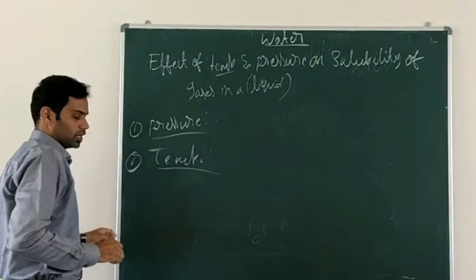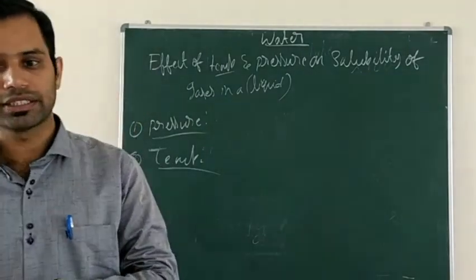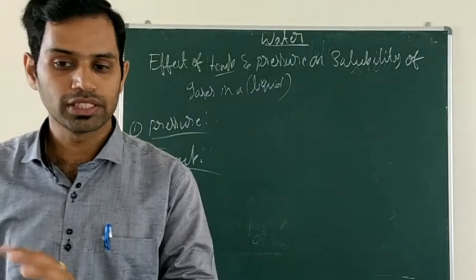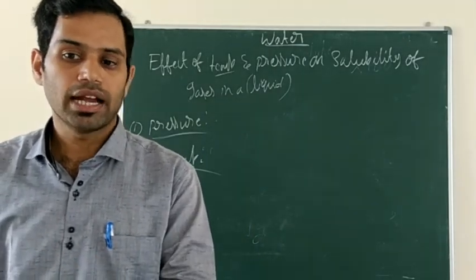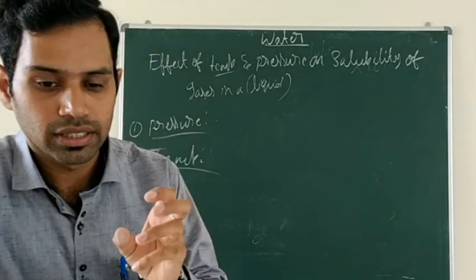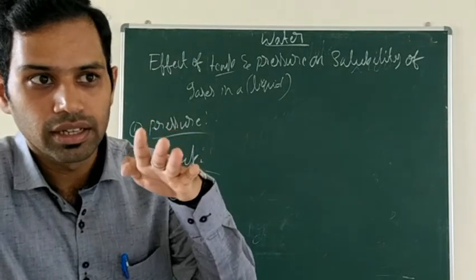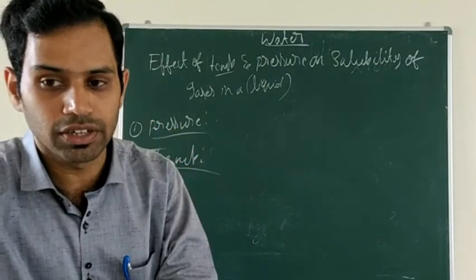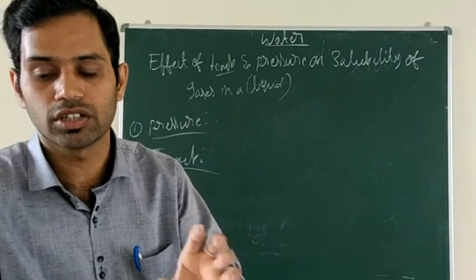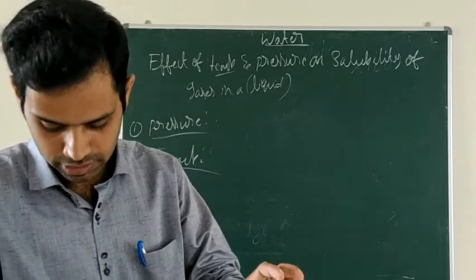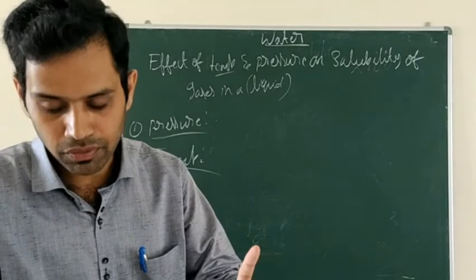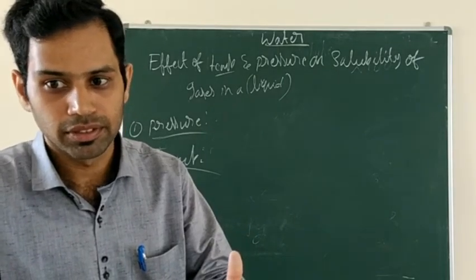Temperature. If we increase the temperature, then the solubility of gas in a liquid automatically decreases, and vice versa. It means if you decrease the temperature, the solubility of gas in a liquid will increase. Drinks, if you decrease the temperature, it will freeze. If you increase the temperature, it will become very hot. That is not soft drink, hard drinks it is. Clear? So these are the two factors affecting the solubility of gas, the pressure and the temperature.